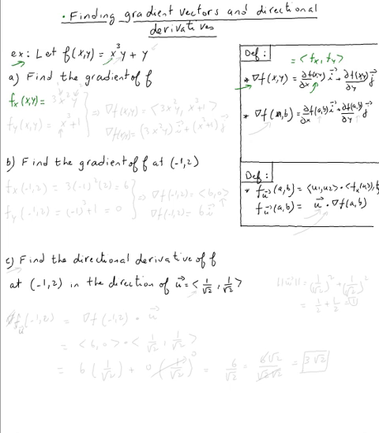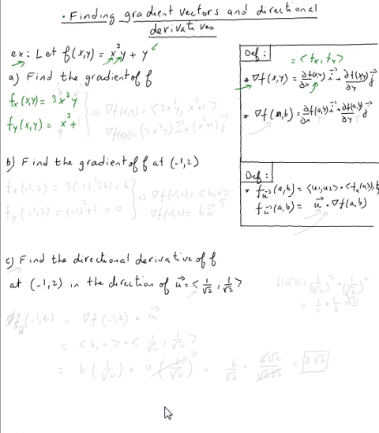We take the partial derivative with respect to x, so y is a constant we don't touch, so it's 3x squared y, plus the partial with respect to x of y is just 0, so that's it. What is f_y? The partial derivative of f with respect to y at any point x, y. Same thing. Now y is the variable and x is a constant, so x cubed is a constant we don't touch, so this is going to be x cubed, plus the partial derivative with respect to y